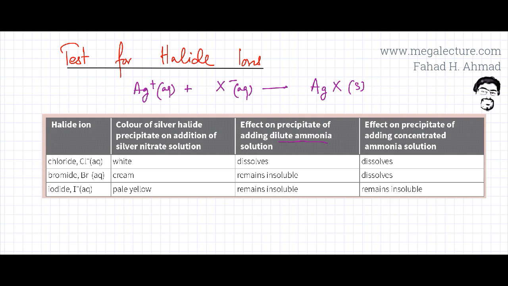ammonia. Whereas Br-1 and I-1, they don't dissolve in dilute ammonia. But if you use concentrated ammonia, then AgCl and AgBr, their precipitate dissolve. But AgI, the last one, it still remains insoluble. So at the end of the day, the precipitate of AgI is insoluble no matter if it's dilute ammonia or concentrated ammonia that's being used. The precipitate of Cl-1 is soluble in both, whether it's dilute ammonia or concentrated ammonia. The only difference is that the Br-1 precipitate does not dissolve in dilute ammonia, but it needs concentrated ammonia to